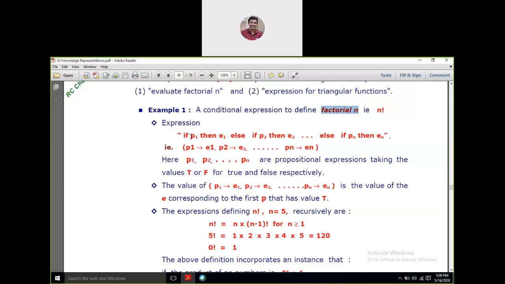We call them P1, and then we do have the consequent part, that is E1. So if there is P1, then we do have E1. Else if we do have P2, then we do have E2. Else if we do have Pn, then we do have En, right? So P1 implies E1, P2 implies E2. This is the form in which I need to get my problem,